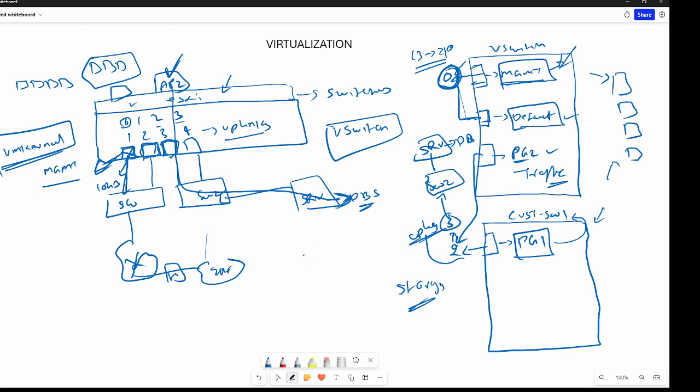All right, so that was the networking behind this one. There is much more in that one, but I covered this because it will be helpful to do the lab. So now coming to our lab over here.